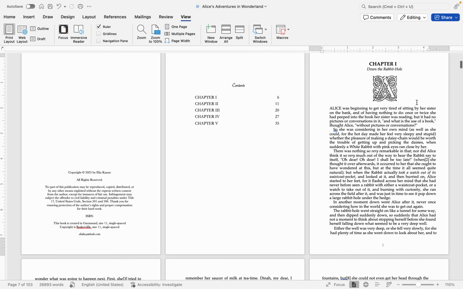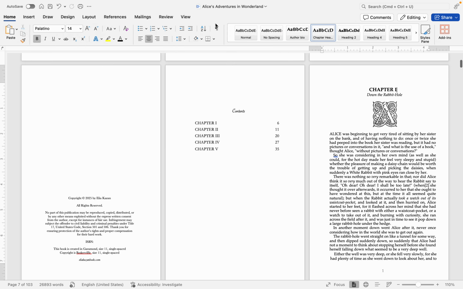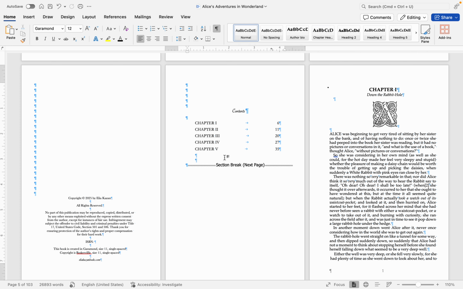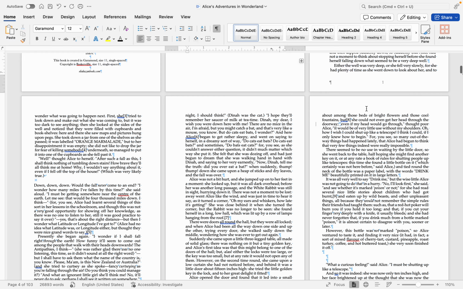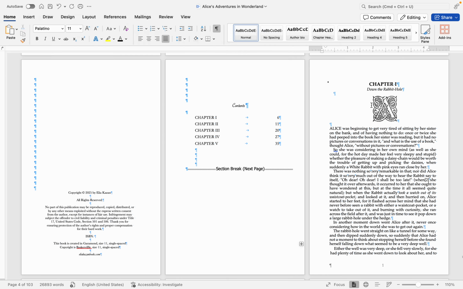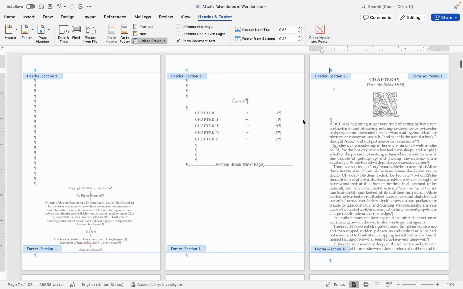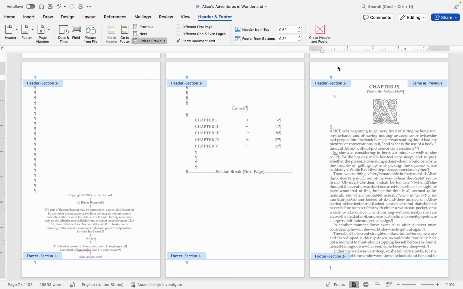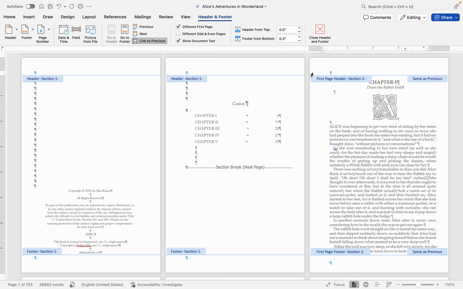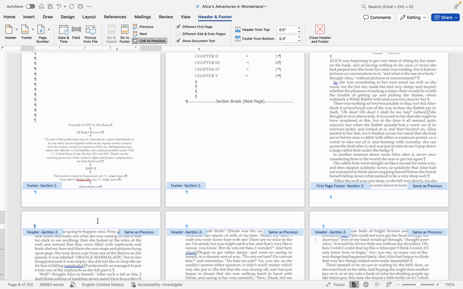I'm going to show you how to do it right now. So you can see section 1, section 2. Now, different first page. Again, we're focusing on section 2 right now. Different first page. Page 3 will be